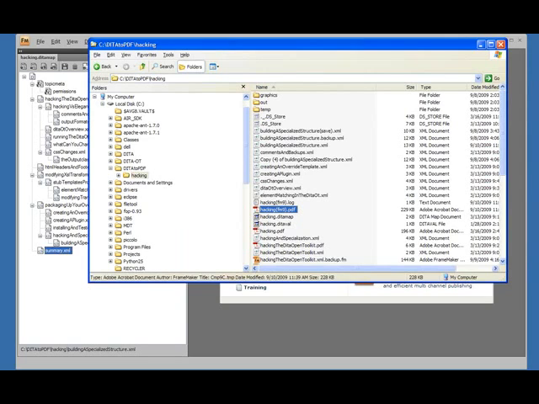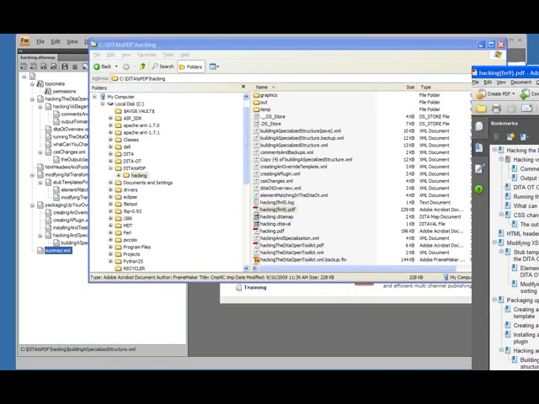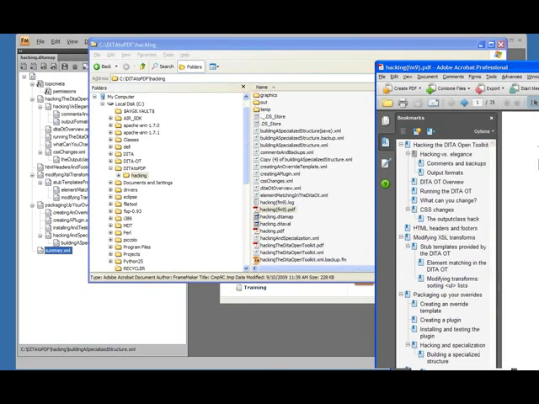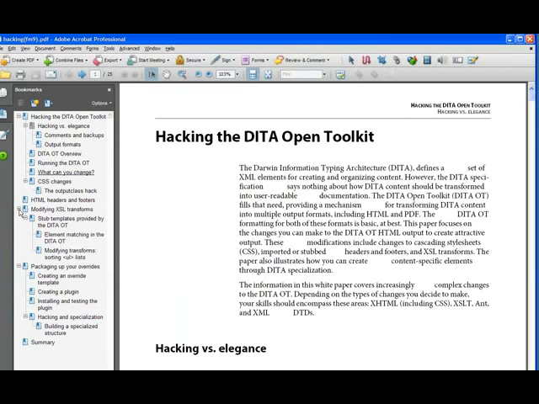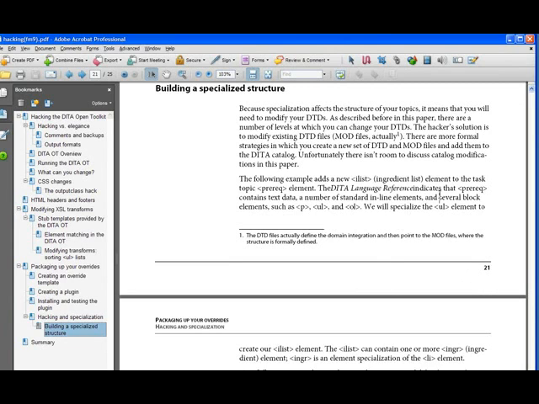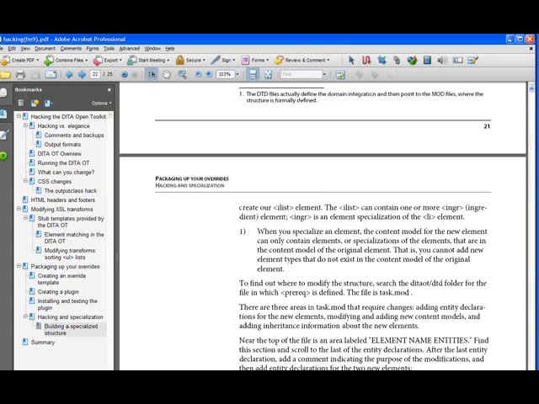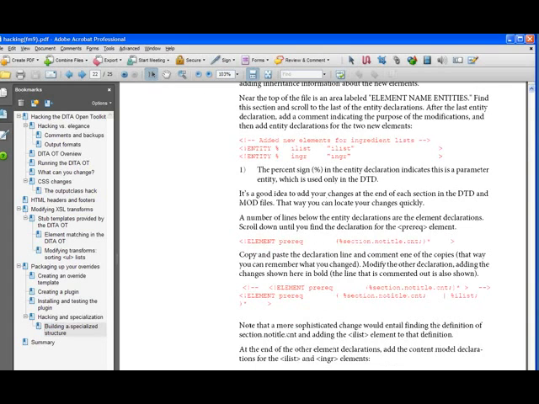And this in itself doesn't take too long, and it's actually rather unremarkable when it's done. You just come back to the FrameMaker interface. So you see here, here's our hacking PDF file that we just created. I can double-click that because I was silly enough not to have Acrobat open already. And in just a second, as soon as that comes up,